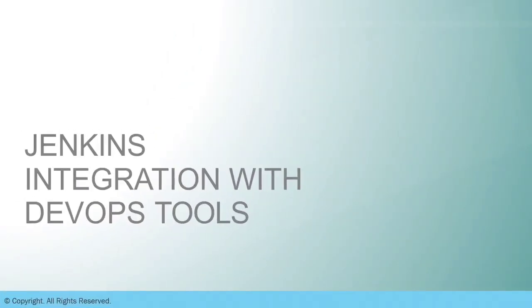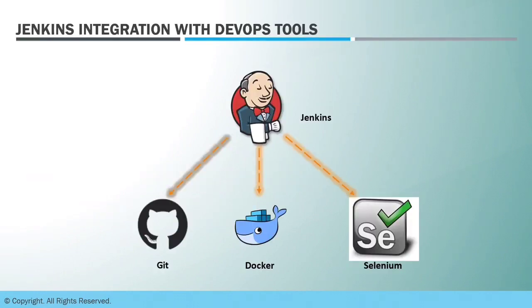So let's discuss how Jenkins can integrate with various DevOps tools. As we already discussed, Jenkins has plugins for every connection or every tool it supports. So using Jenkins, you can connect to Git so that you can get the updated code from the Git source repo, and you can build that code. You can run Jenkins jobs and pipelines against that code, build it, package it, and test it.